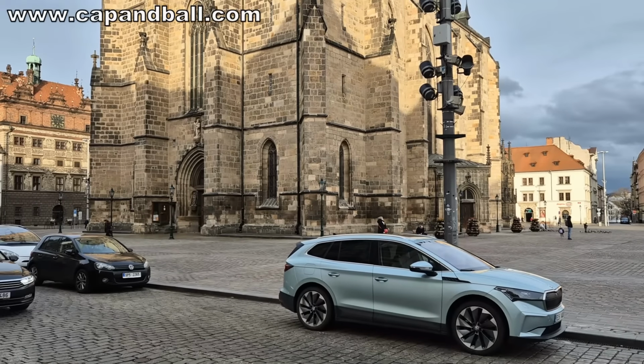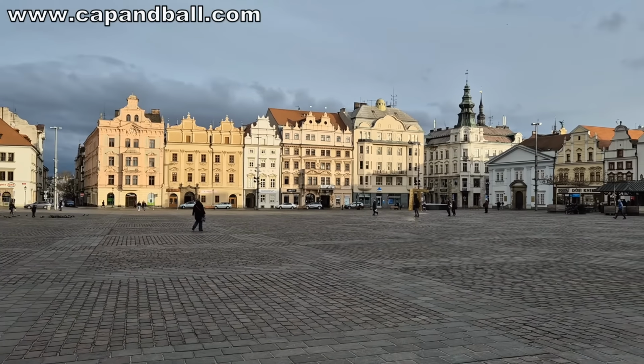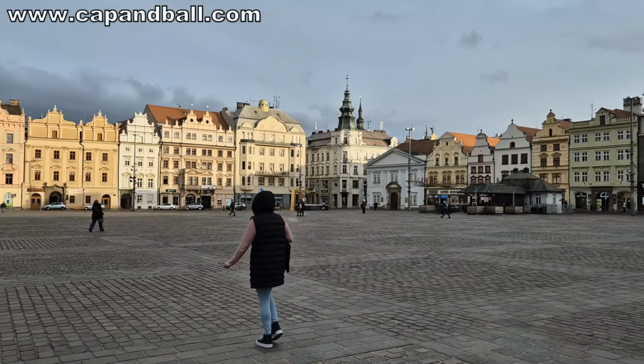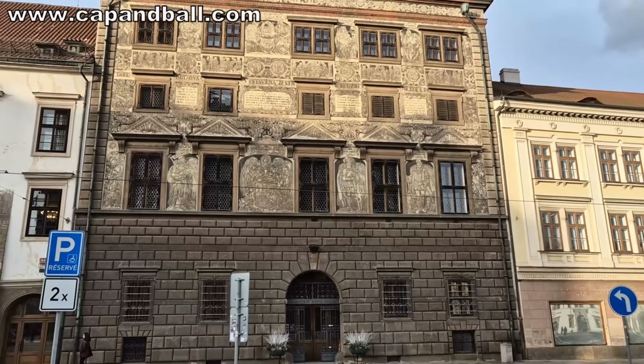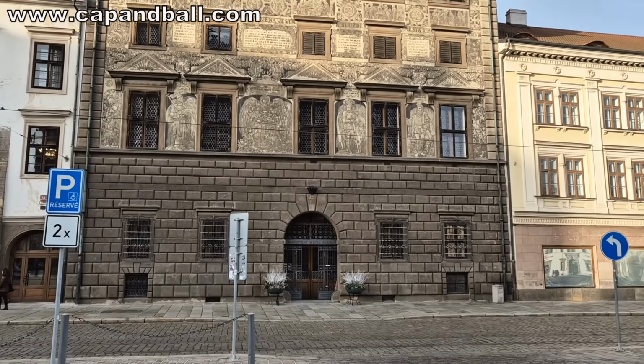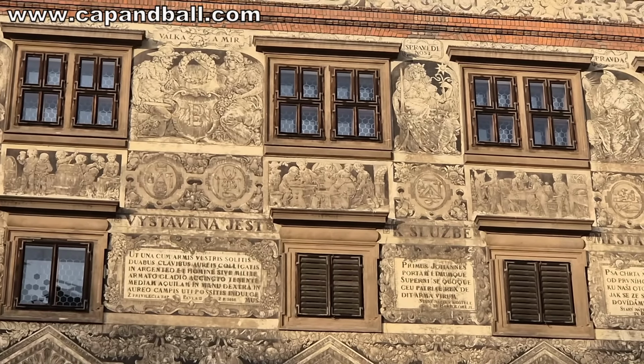Pilsen is a beautiful little Czech city with great history, great people, and great beer, of course. It's well worth a visit if you travel to Europe. And visiting that armory, well, that's something very, very unique. These arquebuses are seldom found in today's collections, and seeing 265 of them in one place is like a heaven